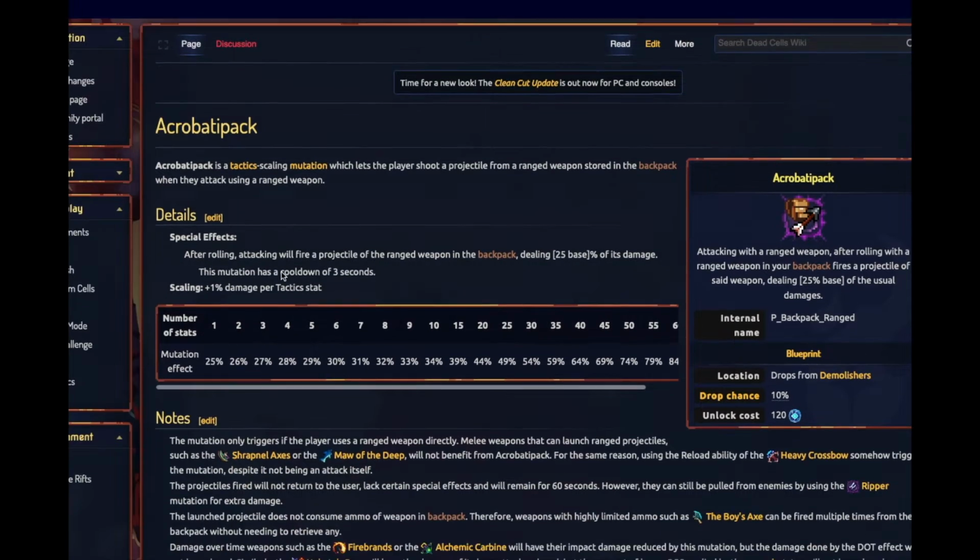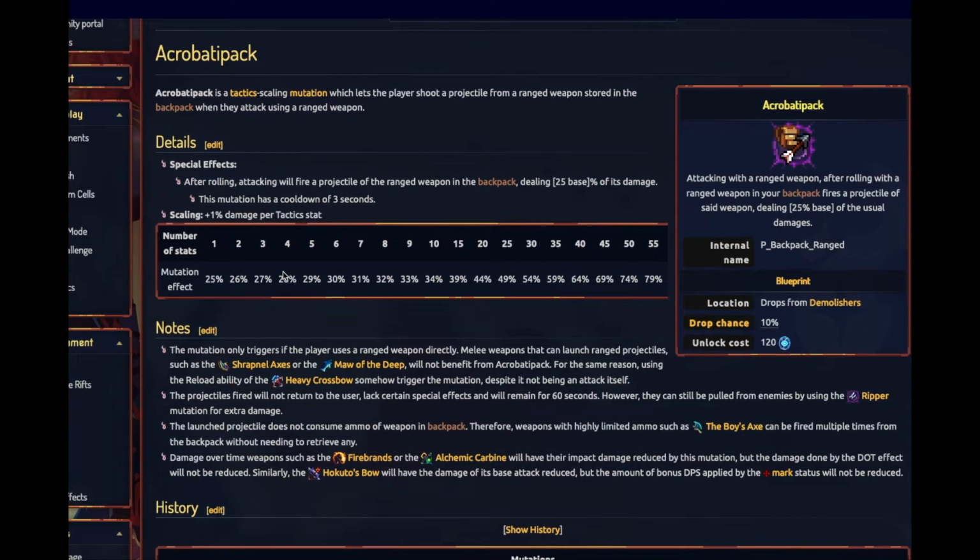I talked about Porky Pack a little bit in my melee tier video, and that's because you throw a weapon in the backpack, and when you roll, it'll do the melee damage. It's good to proc certain status effects and get extra damage. Acrobata Pack